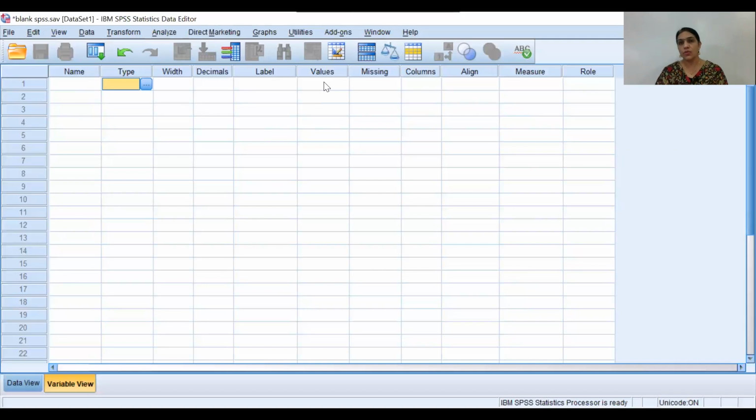So how do we create the variable view? There are four measurement scales: nominal, ordinal, interval, and ratio. I'll take an example of each one of these, along with a string variable, so that you get an idea of how to enter the data and create the variable view. Normally, whenever you prepare a questionnaire, your first question is the name of the respondent. So first of all, I write in the variable view,